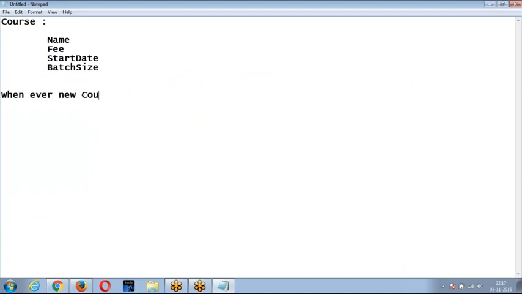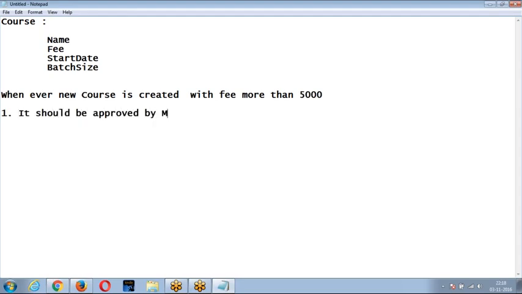Now the condition is, whenever a new course is created with a fee more than 5,000, it should be approved by the manager. If the manager approves it, update the manager field as approved.